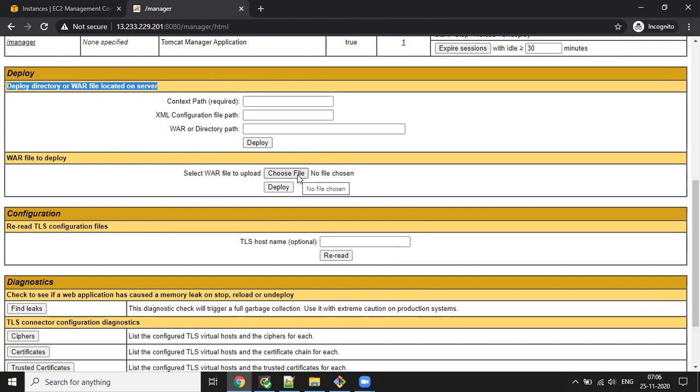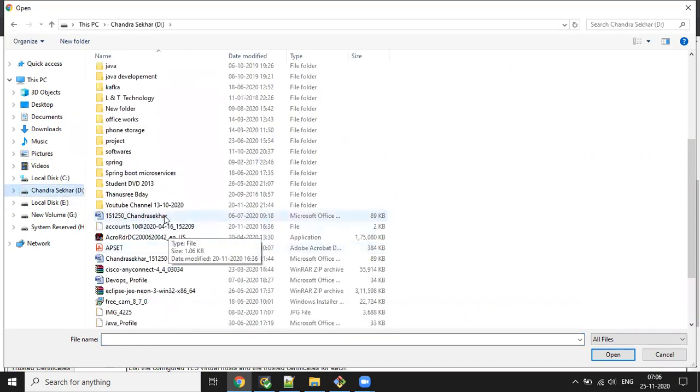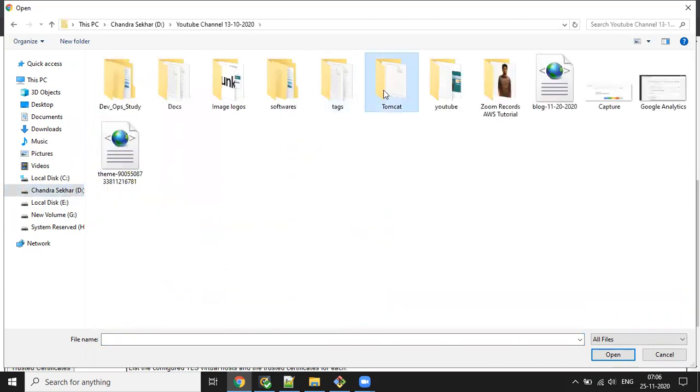This is where your WAR file is located on your local machine or PC. So you have to choose that WAR file and upload it. Now I will select choose file. Here my Tomcat WAR file is available.